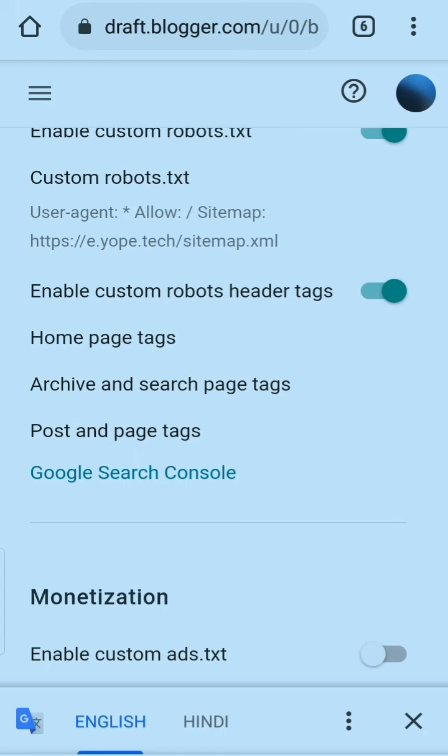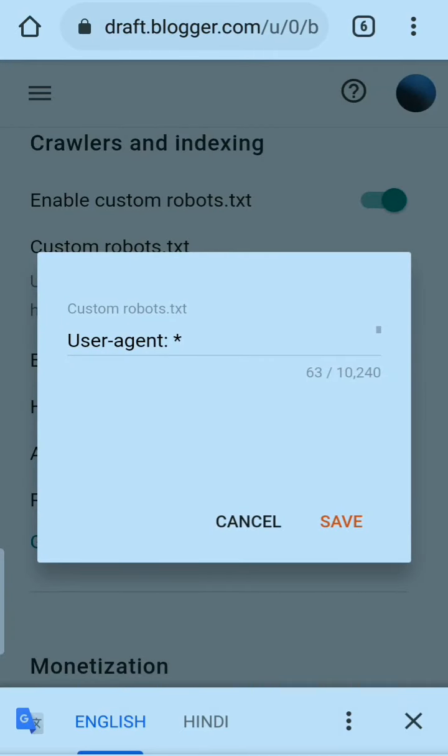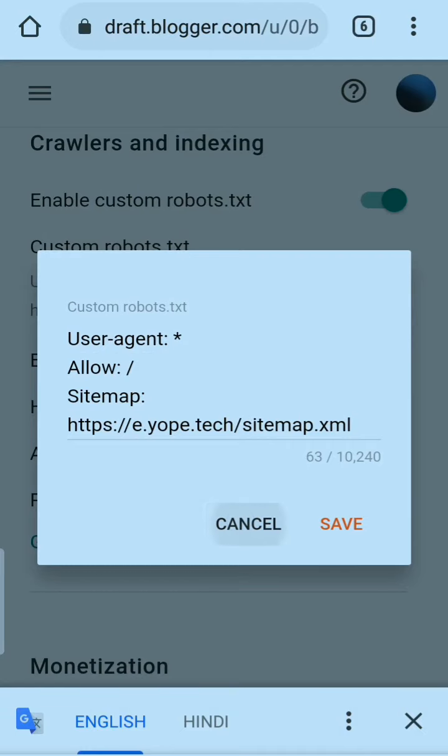So let's start now. So you must have seen this option in your settings, enable custom robots header text. Above this you are watching custom robots text file is here. If you don't know how to add this file, then you can check my video about this topic.